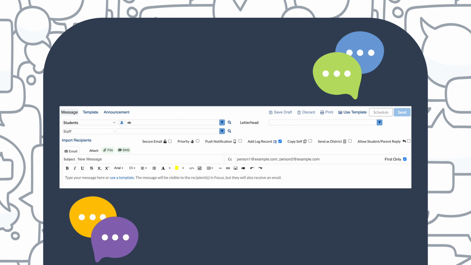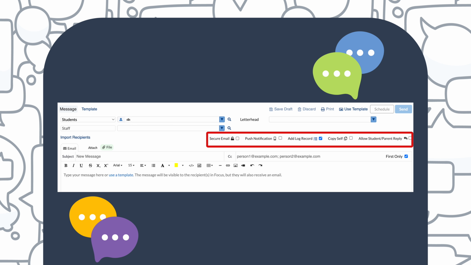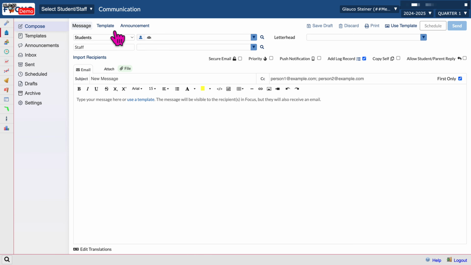Your screen may look different. For example, this says Send as District, and only a few profiles have this. Your screen may have less options. This one does not have the announcement option, or priority, or Send as District. So keep this in mind as we're moving along. Different profiles, different permissions. On the message screen, this looks like a regular email and it functions in the same